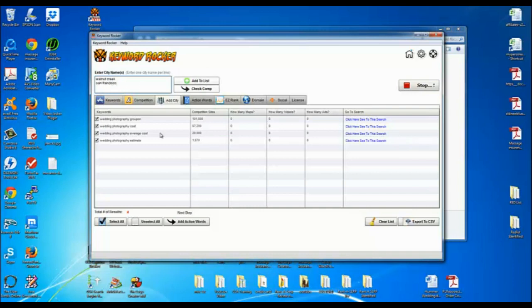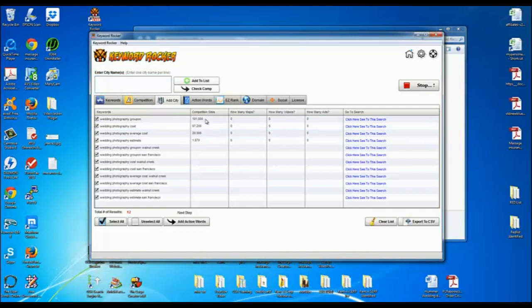I'm sure basically this will be double, half will be Walnut Creek, half will be San Francisco, and probably going to appear on the beginning or end of those keywords. So there they are. So it kept the base keywords, and it also added the local keywords. Walnut Creek, San Francisco, Walnut Creek, San Francisco.